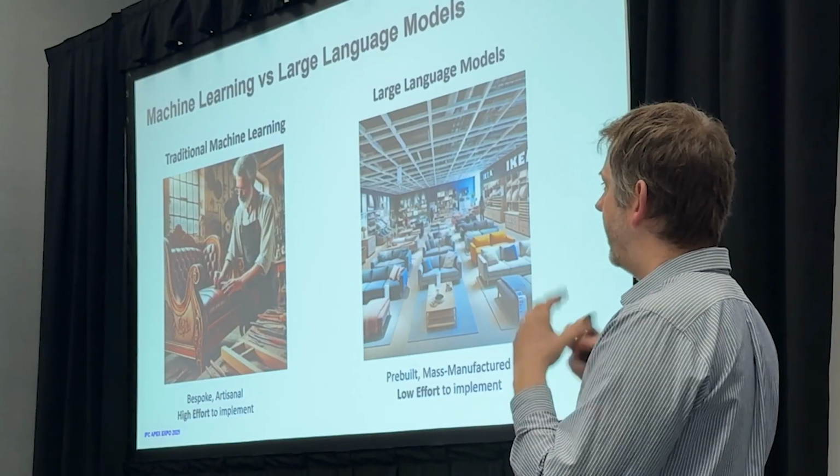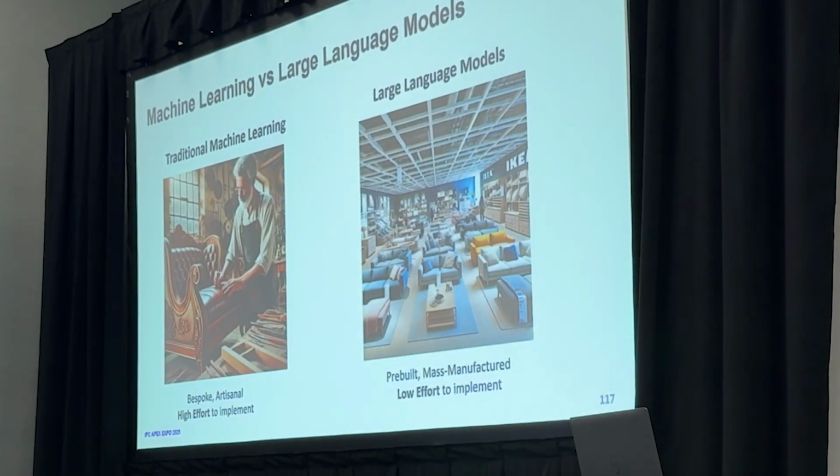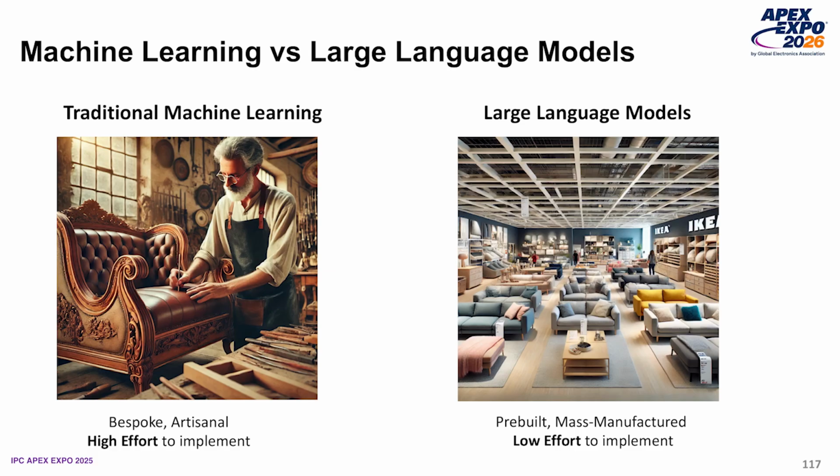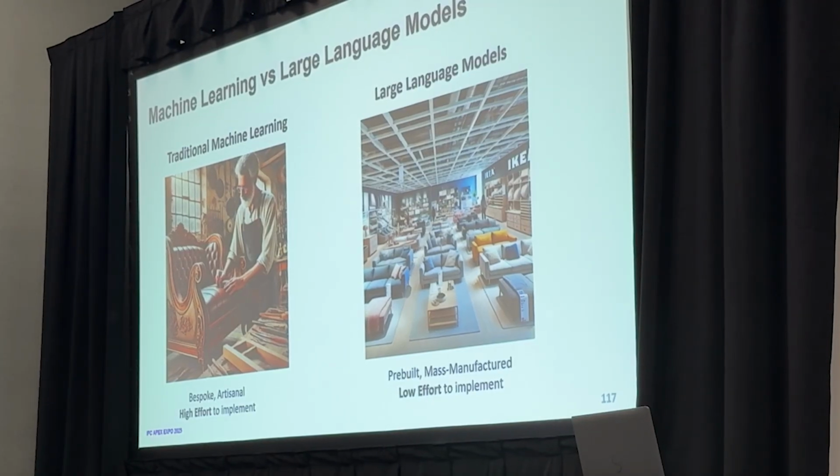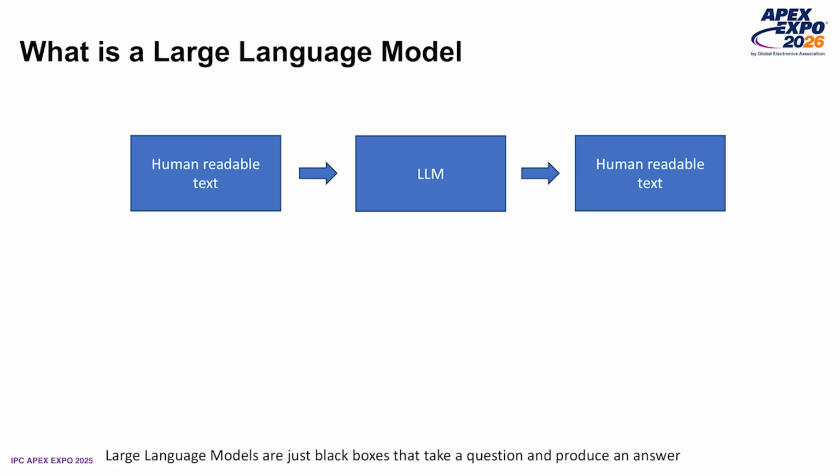The amount of data that you need to build your own custom machine learning model often is more than the data you have in your factory, especially for some of the more important problems. So there's always this challenge of how could I do machine learning effectively in the factory when I don't have enough labeled data? That's not an issue with the large language models because they have already been pre-trained, they're mass manufactured, and it is made available now as a component or a building block that you can integrate into your systems. And so we're going to talk in this class only about the large language models, and they have